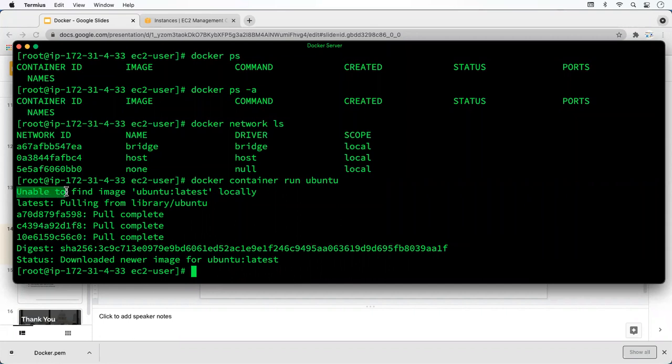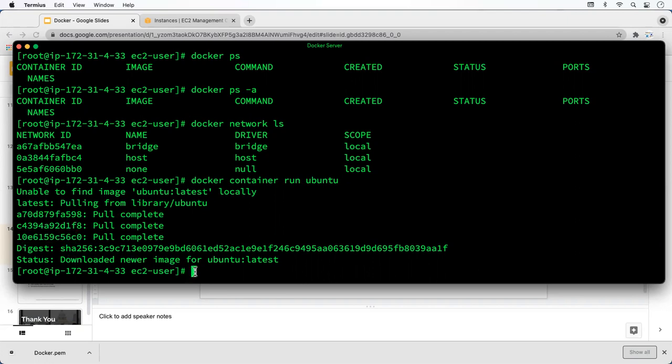It's not found locally, then it's pulled from the ubuntu library, means from Docker Hub, and downloaded in a layered file system. As we already saw in our slides, containers work on the layered file system. So first layer downloaded, then second, then third, and make a new image, and then we can work on it.